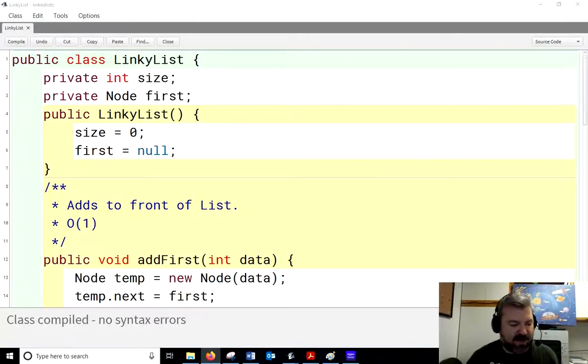Hey everybody, welcome back. We've got a busy lesson today. Here's what we're going to do. We're going to look at a couple more algorithms for our linked list. We're going to look at removing at an index, and we're going to look at removing a specific object. So we're going to look for a specific, in this case, a specific int value and remove the first instance